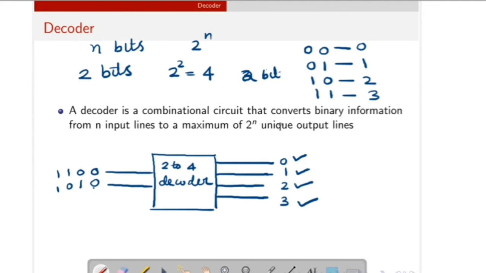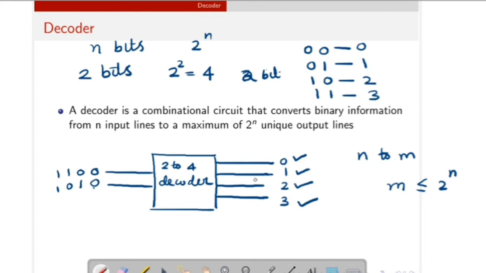If the n bit coded information has some unused or don't care conditions, then the decoder has fewer than 2 raised to n output lines. In that case, we represent it as an n to m line decoder, where m is less than or equal to 2 raised to n. In this case, there are 2 inputs and 2 raised to 2, 4 outputs.